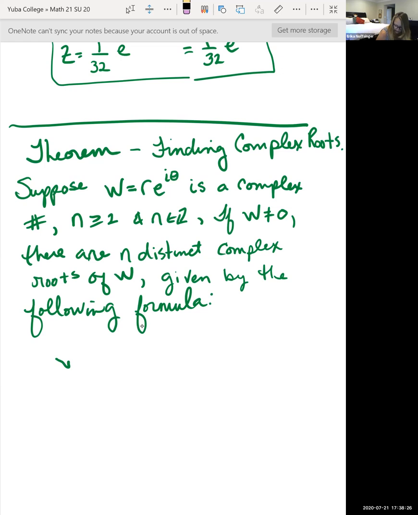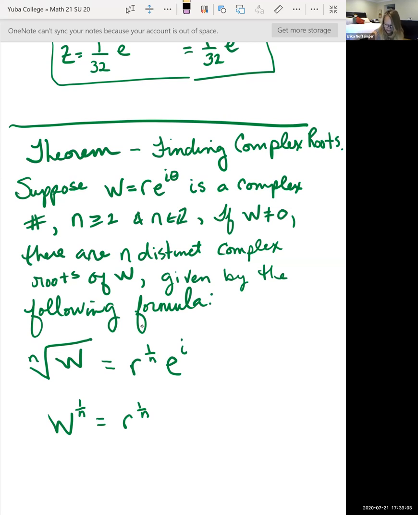I'm just going to write it like this. So if we're trying to take the nth root of w, well, we're going to take the nth root of our r value. This is the same thing as w raised to the 1 over n power if we rewrote this in exponential form without the radical. And so our r value is going to be raised to the 1 over n. That just follows de Moivre's theorem. And then we have e to the i, and this is all times